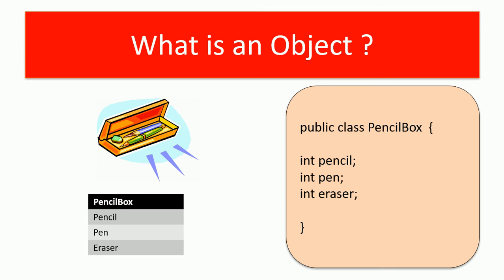Instead of giving pen, pencil and eraser in hand, why don't we get a box, place that pen, pencil and eraser inside the box, and finally hand over the box to the student, so that every student will get exactly one pen, pencil and eraser and no confusion will occur this time. So this is the idea that arose as a solution to the problem, right? In the same story, we have created a class named pencil box, with pen, pencil and eraser as entities inside the class, right? Now what is an object?